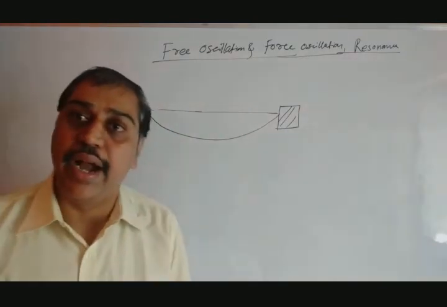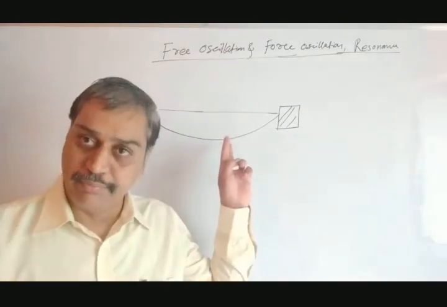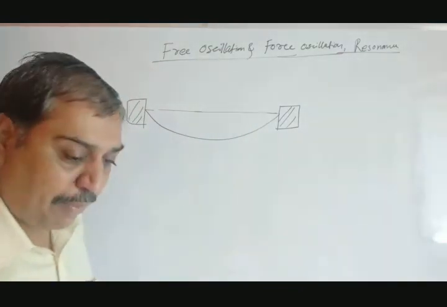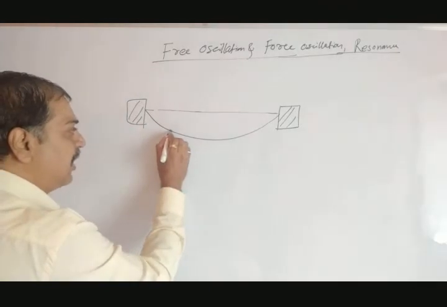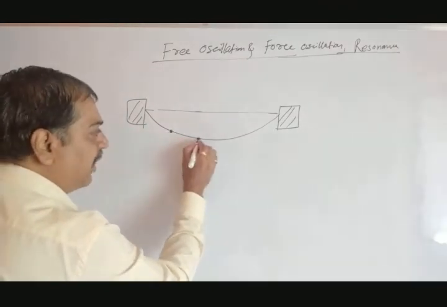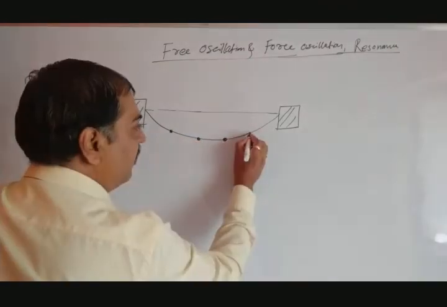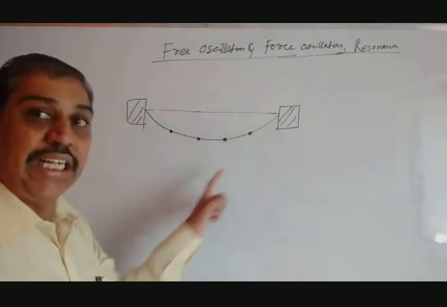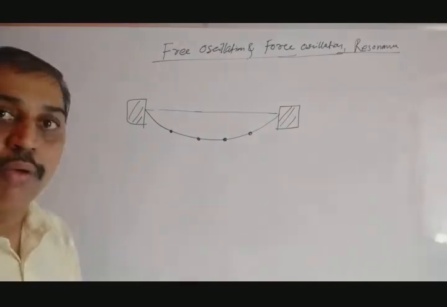As we are going to attach 4 pendulums to the string, initially we have tied it taut and straight, but when we attach a pendulum here at one place, here the second, here the third, here the 4th, due to the weight of these pendulums, the string gets bent or slack toward the downward direction.